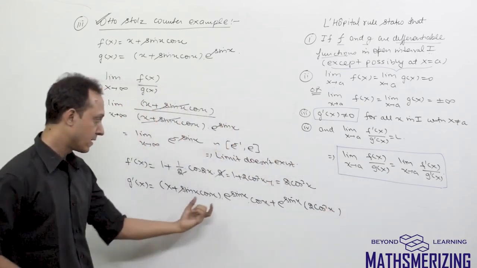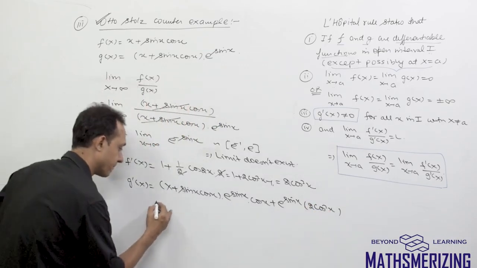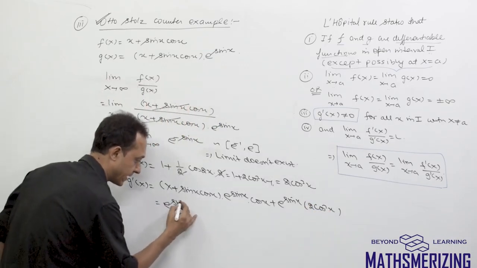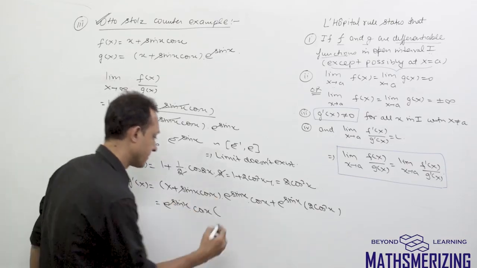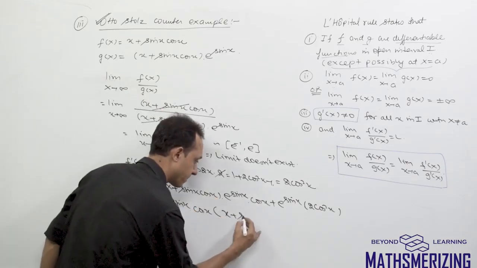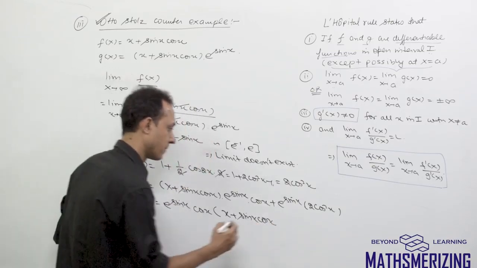So now here I can take e to the power sin x and cos x common. So if I take e to the power sin x into cos x common, I can write it as x plus sin x into cos x plus